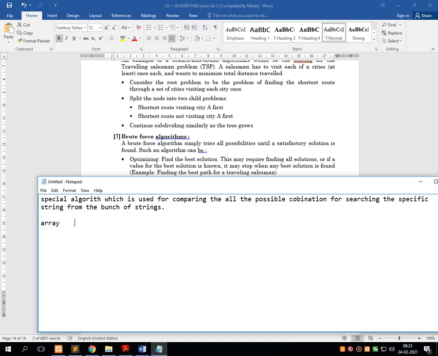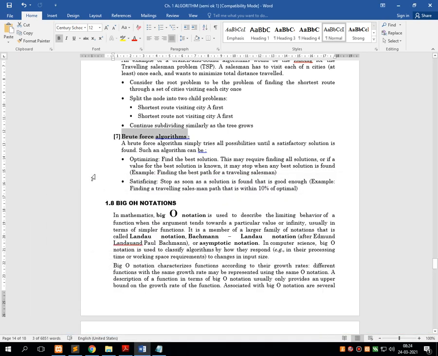Say for example, in an array I have stored the word MVM, and then I am searching for a single character M. Then all possible combinations are considered. Obviously the first one is MVM, then MV, then VM, then MM, then single M, single V, and so on. So this could be done using the type of algorithm which is called the brute force algorithm.